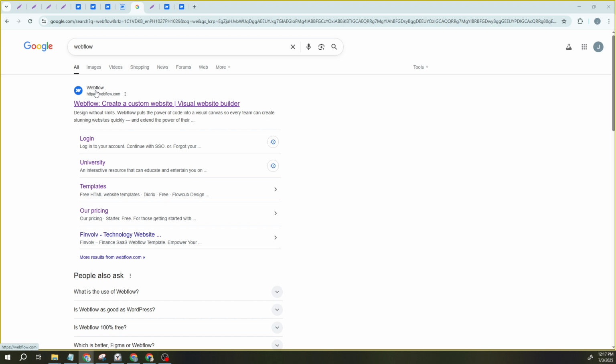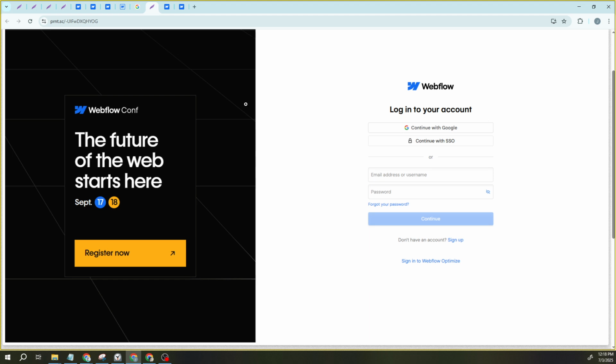Let's dive in. First things first, you need to get yourself to the Webflow platform. For those who are new to this, start by searching for Webflow on Google. A quick search should bring it right up. Once you've navigated to the Webflow homepage, go ahead and log in if you have an account. Alternatively, if you're new, you can sign up. It's pretty straightforward, and Webflow does a decent job of guiding you through the process if you're creating a new